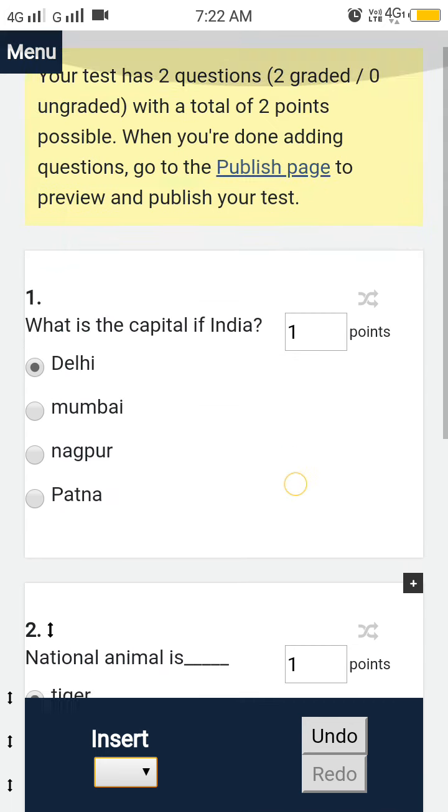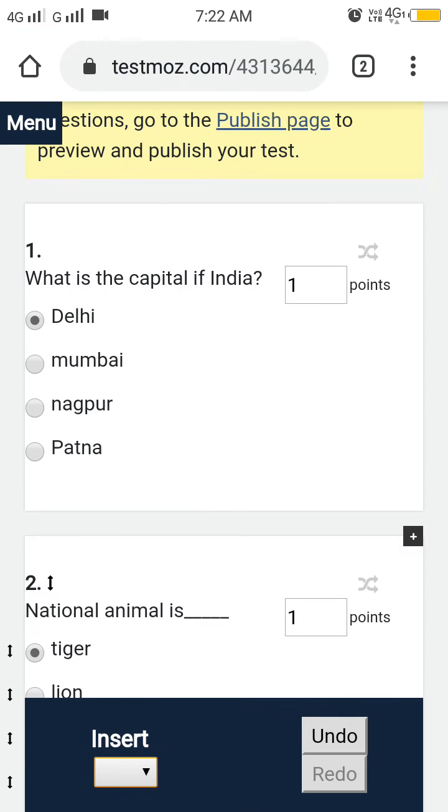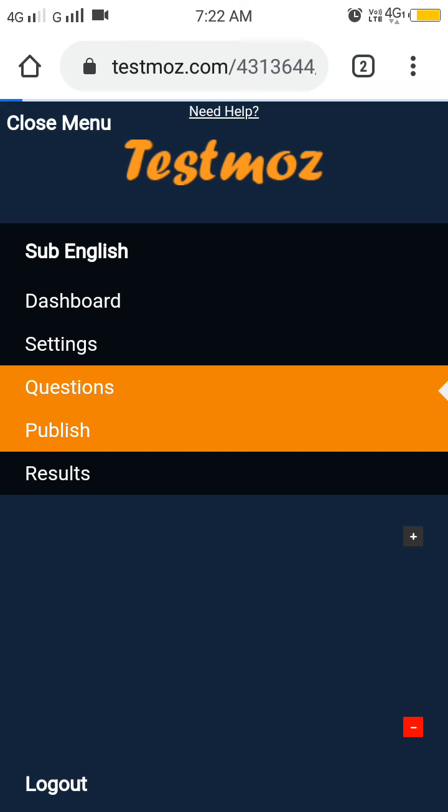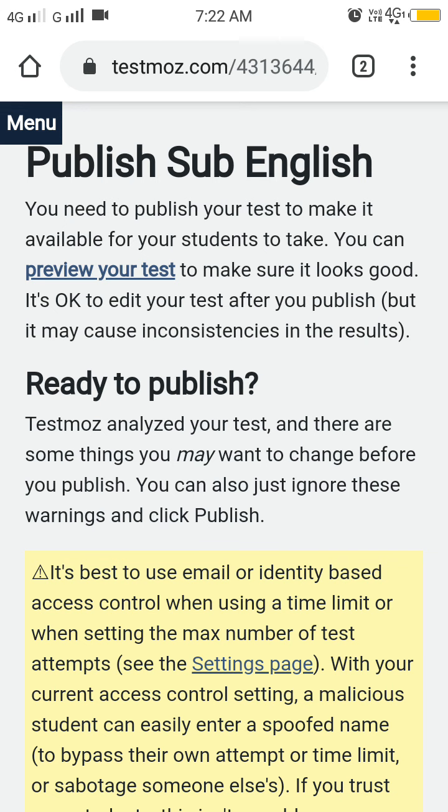Now after creating these questions, we have to publish this test. We have to create the URL of this test. So how will you create it? Click on menu and click on publish. When you click on publish, a screen will come, publish subject English. Here preview options, you can see the preview of your test, how the test will look.